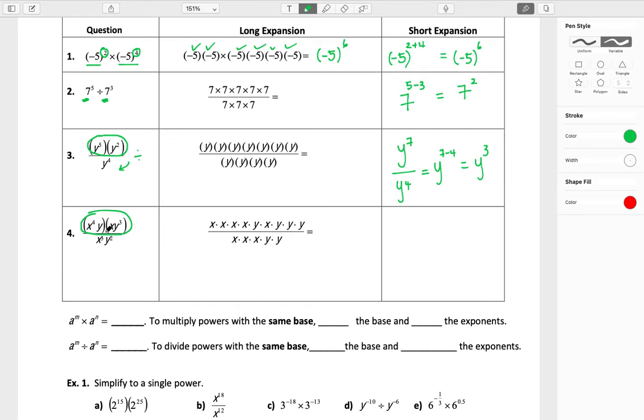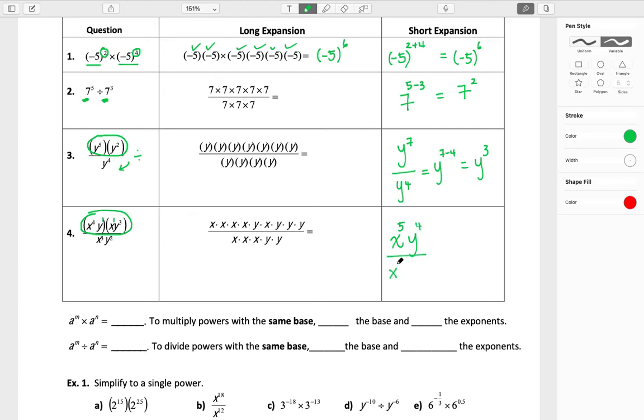So for the numerator, the same base is x. You don't see a number in the exponent for x, which means there's an invisible 1 here. So we are going to add the exponents because you're multiplying. So 4 plus 1 is 5. And then there's also an invisible 1 for y here. So for y, 1 plus 3, which is 4,